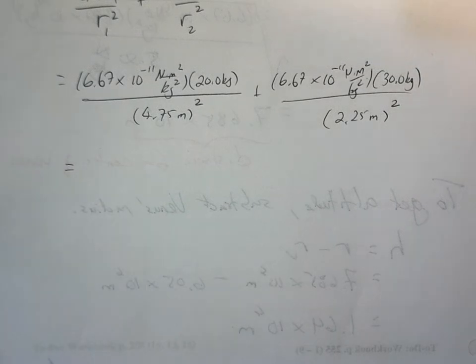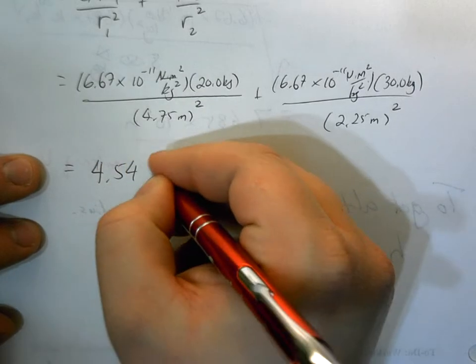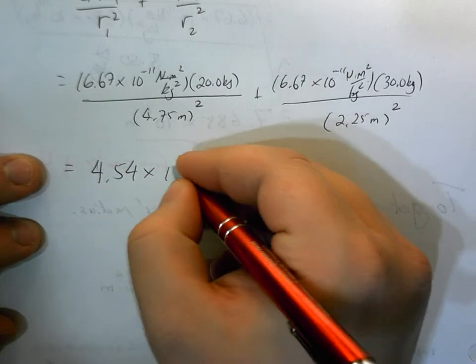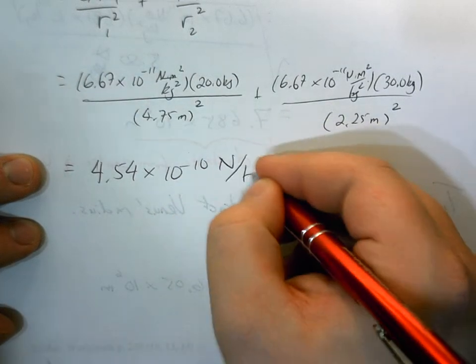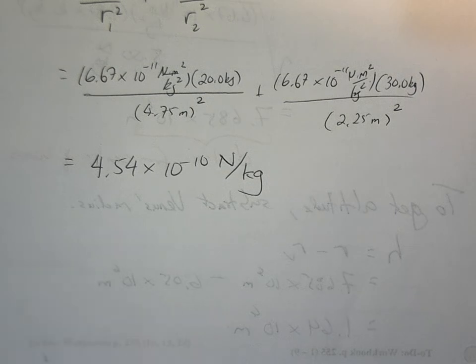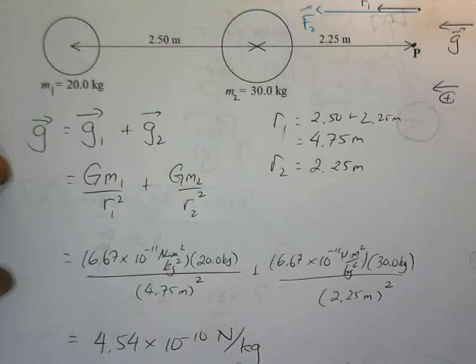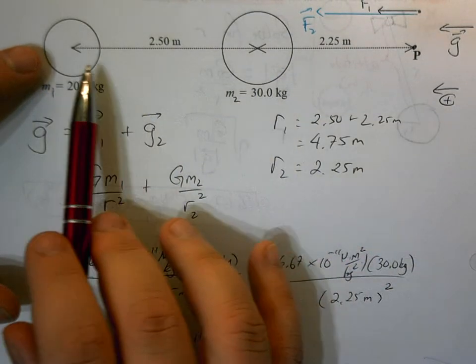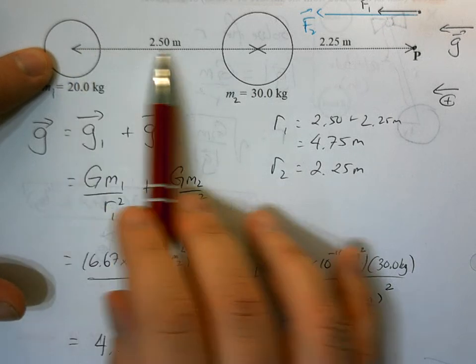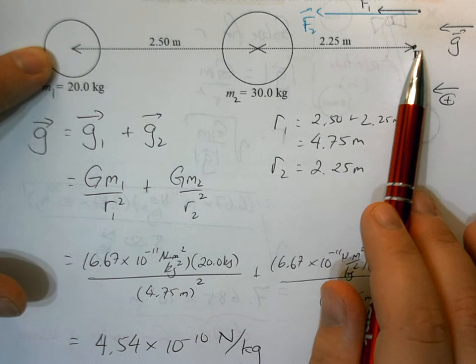If I'm really careful with my keystroke addition, I'm going to get something like about 4.54 times 10 to the minus 10 newtons per kilogram. Now, let's put this answer into context for a second. I'll deal with direction in a moment because I'm not quite done with this. What this 4.54 times 10 to the minus 10 newtons per kilogram means is, if we had this exact layout, a 20 kilogram mass, then 2.50 meters away a 30 kilogram mass, and then 2.25 meters away from that we had any mass,